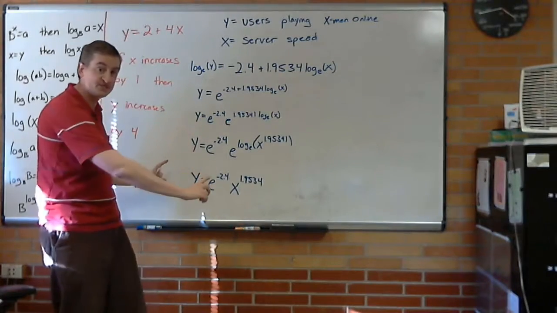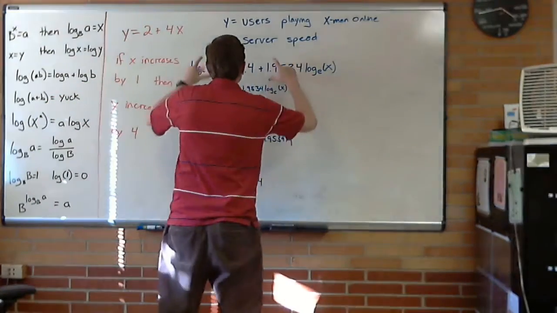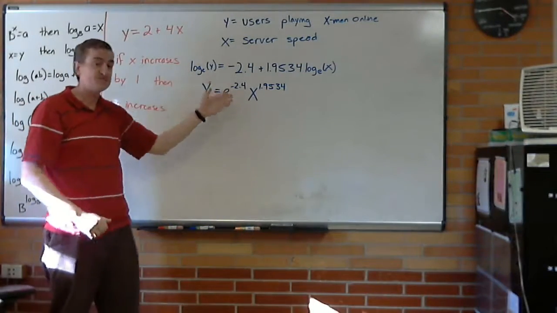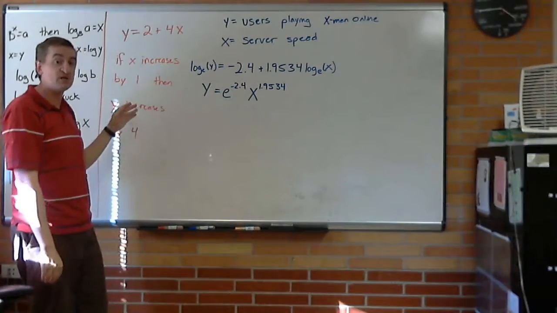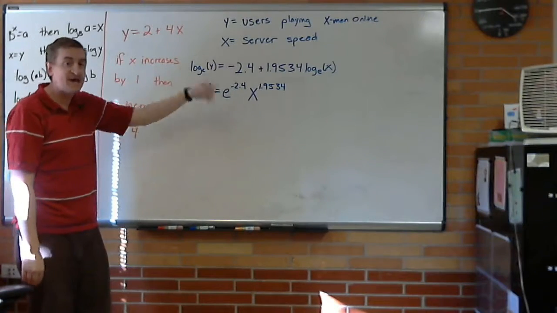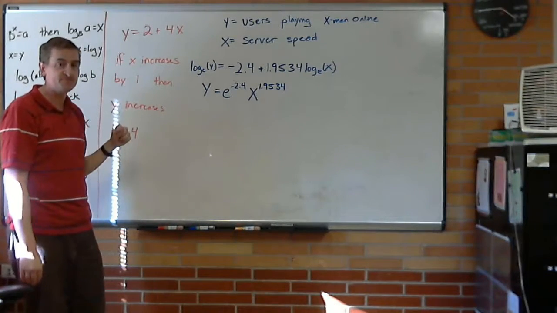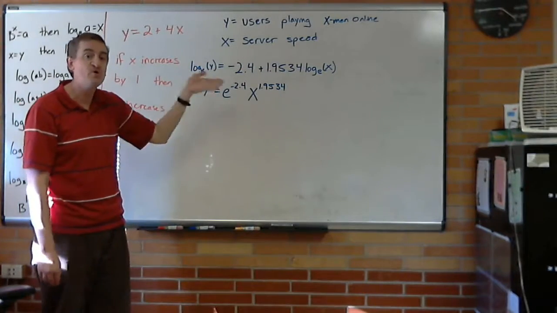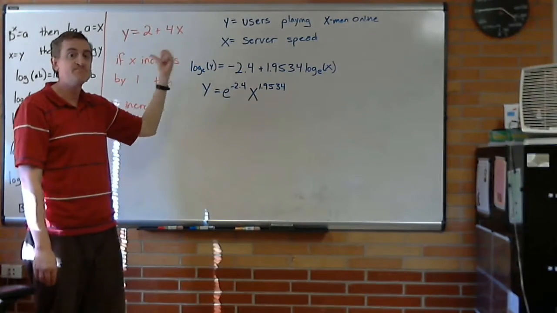So I want to take this piece right here and I'm going to slide it up. That way we can see what happens as we increase X. Now for our classic linear model, we add something to X and it adds something to Y. As you might guess, because we've logged both, we're going to multiply something by X and get a multiply effect